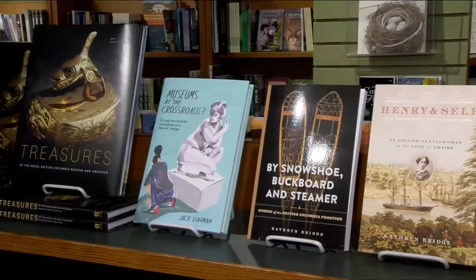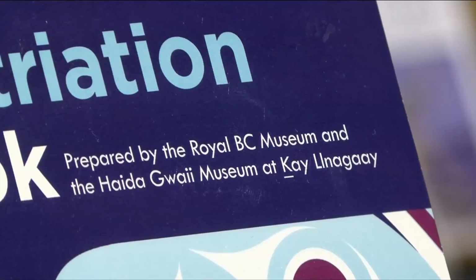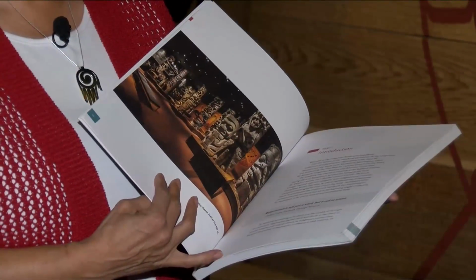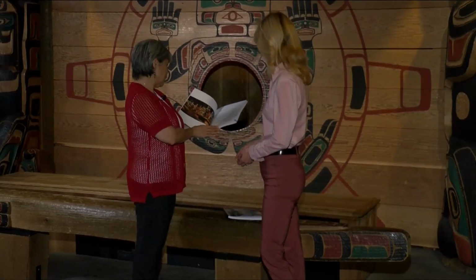The museum has its own publishing department. The first edition of the handbook was released in the spring. What we have is a little bit of history about why and how pieces landed in museums over the last 100 or so years. So we provide that little bit of a background so people understand what's in museums in the